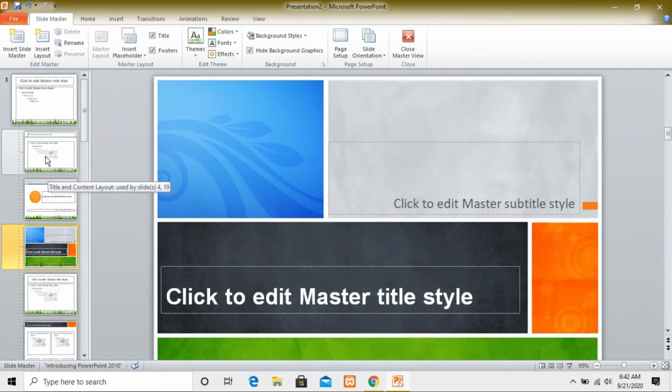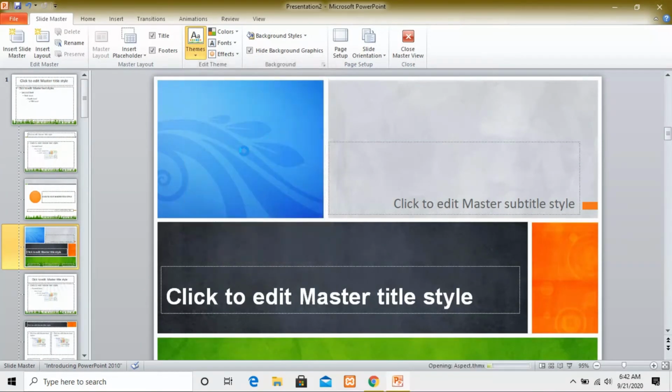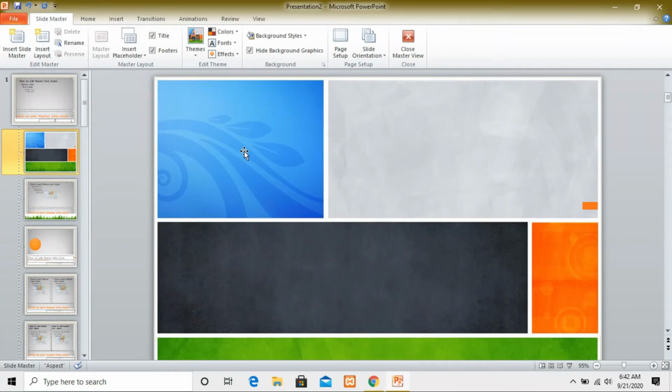Okay, so you can do this here. Even you can change the design of your theme. Like, see, it will change the overall design and structure of your PowerPoint presentation.